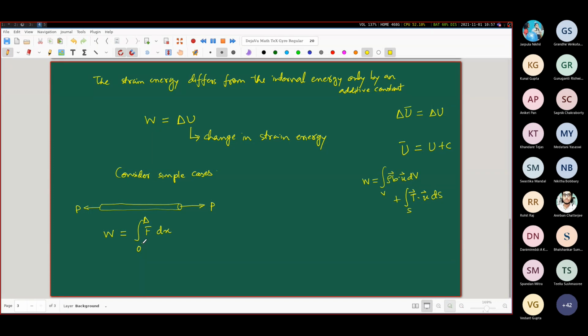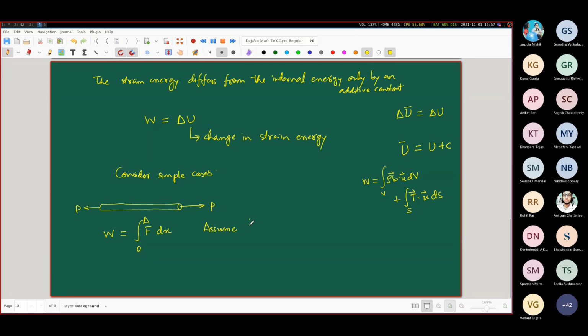Now I have to tell you explicitly because you do have the proper background to understand this. We can proceed with the calculation of the expression by assuming that the relationship between the applied force and the deformation is linear. So assume, and this is a very big assumption,